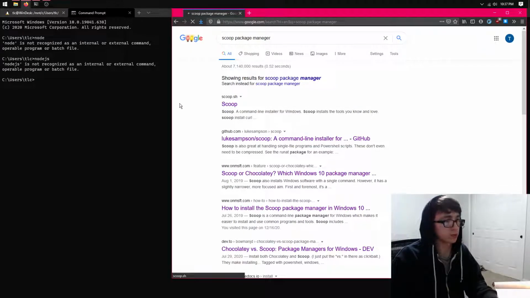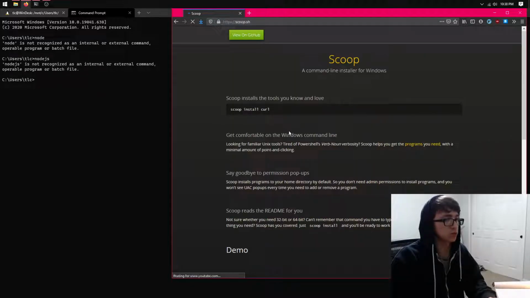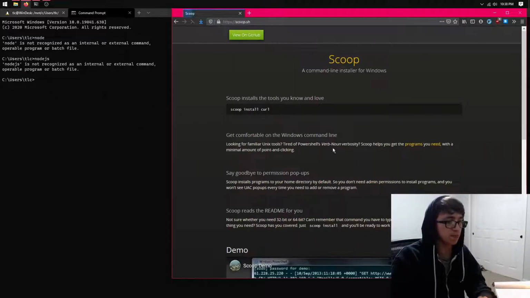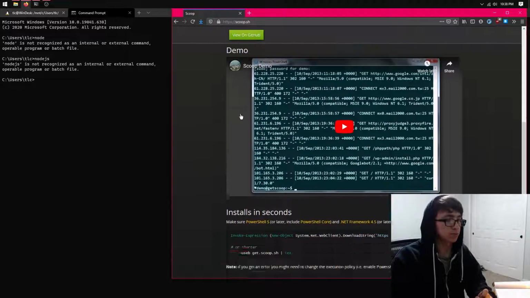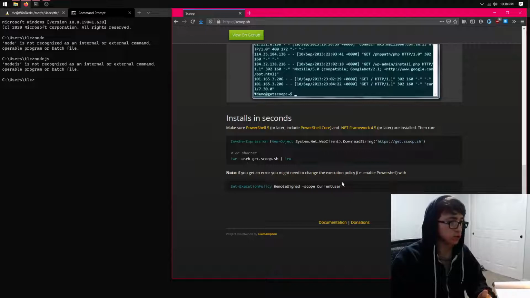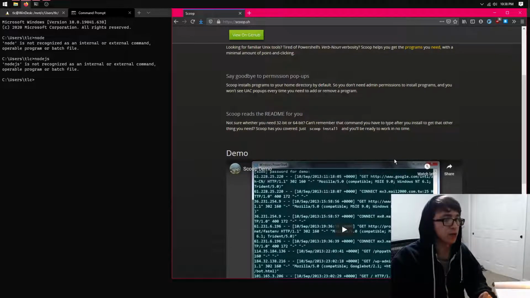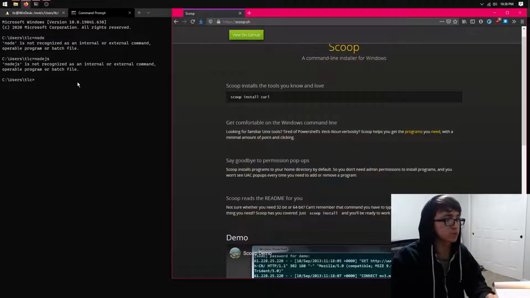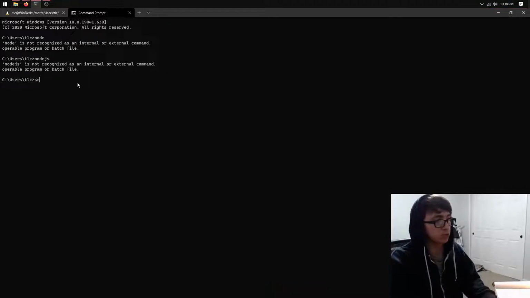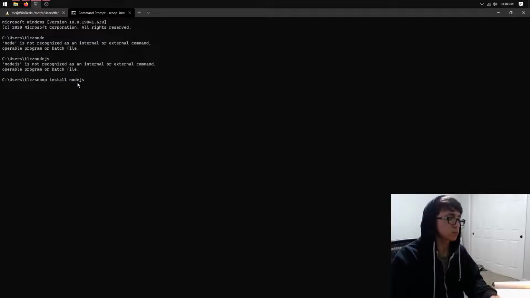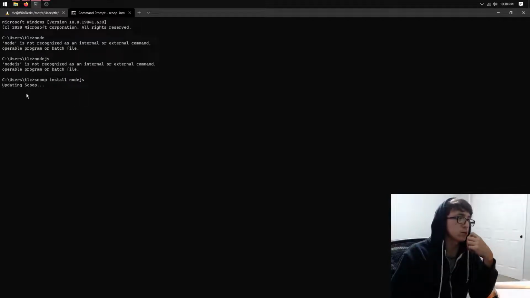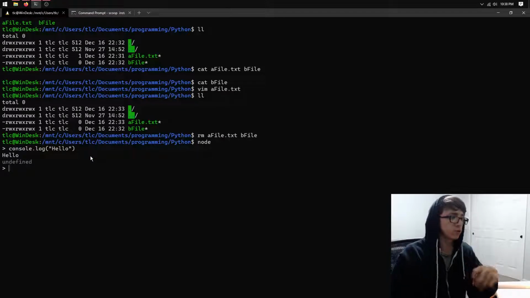Scoop is specifically for terminal stuff. It doesn't have graphical applications installed. So all you've got to do is run this script in your PowerShell, and then you'll have Scoop installed. So if I type scoop install nodejs, it'll install Node. But if you're on Linux,